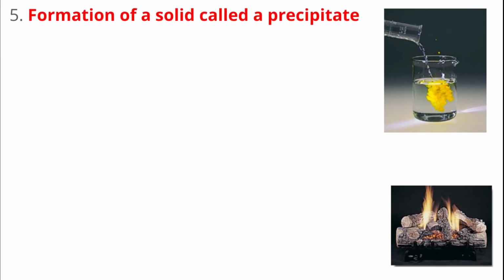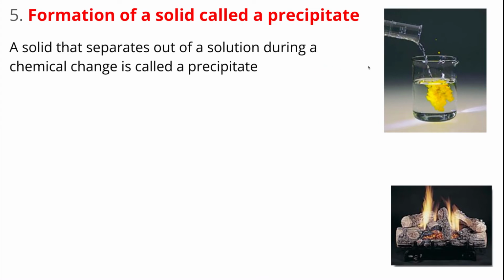Two more. So the first one is the formation of a solid called a precipitate. Now, a precipitate is going to be a new word to you. What that means is it's a solid, so a solid that separates out of the solution during a chemical change. So you can see in our example here, we're pouring some liquid down into this beaker. And this yellow substance that's being formed here is actually a solid that is coming out of solution and separating